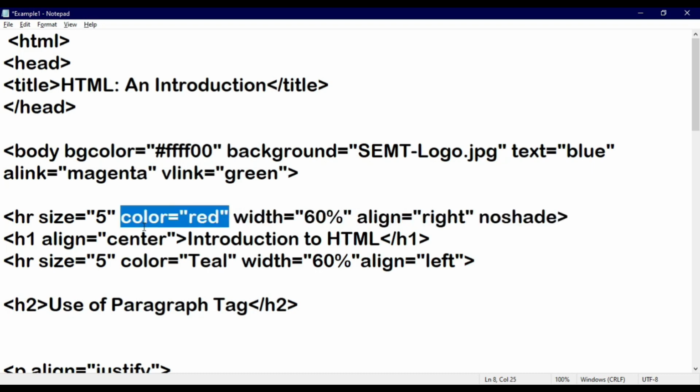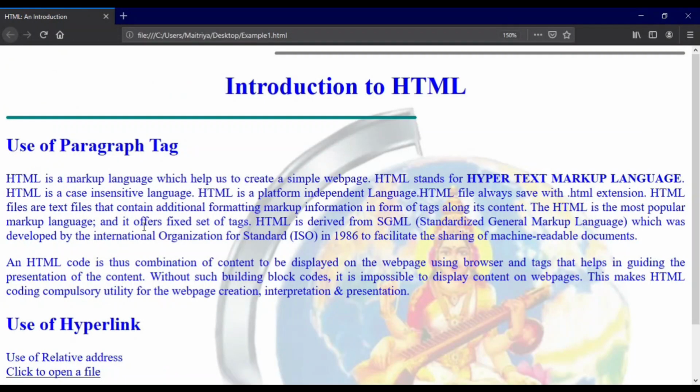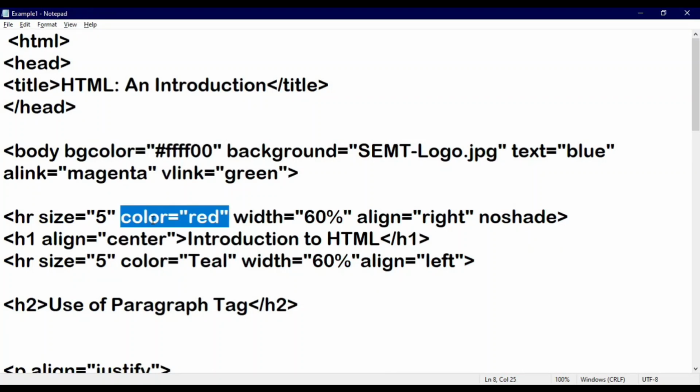So this is the particular use of the HR tag along with its 5 different attributes. And again I am doing undo so that we can visualize the color of a horizontal rule, by which we can make our document, our web page, a little bit colorful, right? So hope students you understood very well the use of the HR tag with its 5 attributes. First one is size, second color, third width, fourth align, and fifth is noshade. And the noshade attribute does not contain any value. Understand students? So this is all about your HR, meaning horizontal rule, or you can call it a horizontal line.